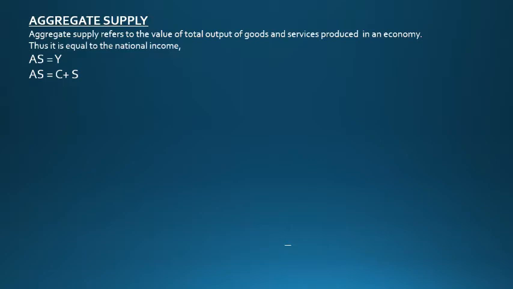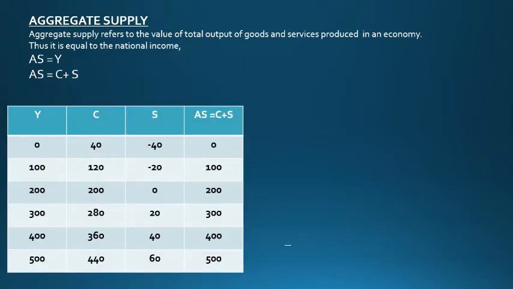This can also be understood with the help of a schedule here, where you will see that the income is increasing as well as the consumption also increases. But when we look at the saving here, we'll see that the initial part of the saving is negative, minus 40 and minus 20. After that, it becomes 0 exactly at the break-even point. And after being 0, the savings also starts to increase. Since AS is a sum of consumption and saving, you'll see the value of AS exactly equal, just like income.